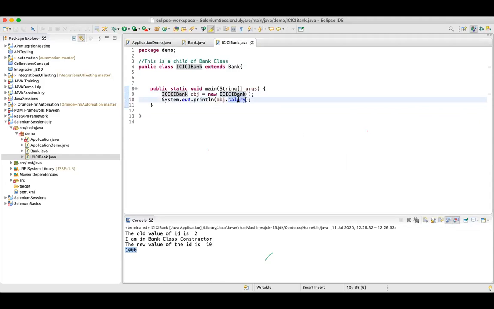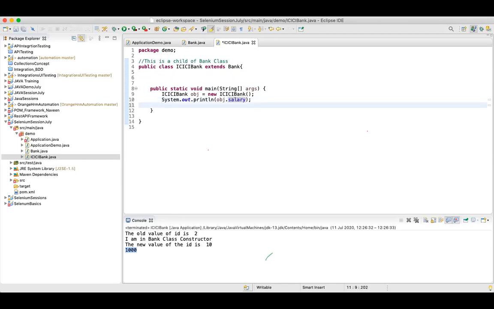This particular salary field is not present in my child class. Can you see the concept of reusability? I haven't defined the salary field over here, it's defined in my parent class, but still I'm able to use it.